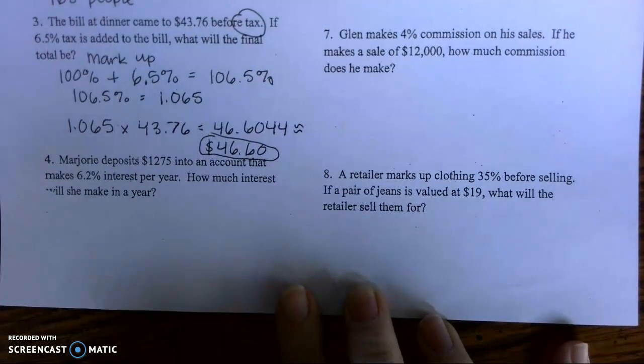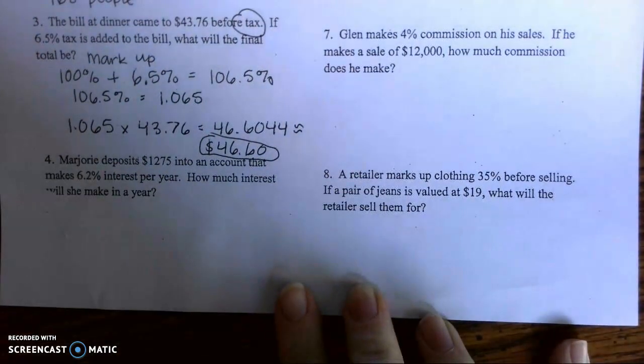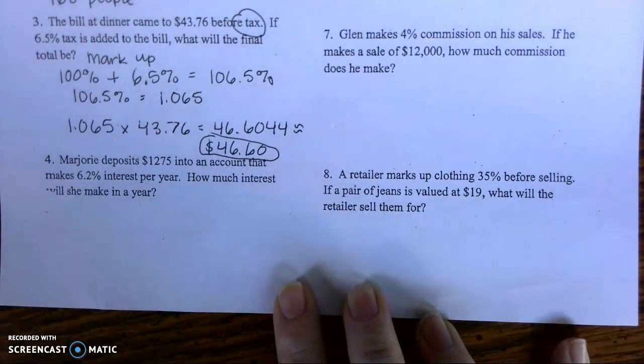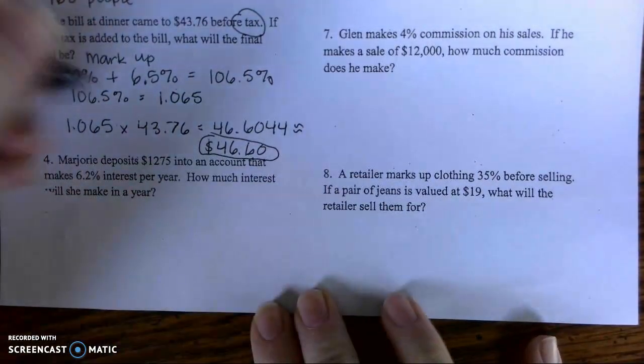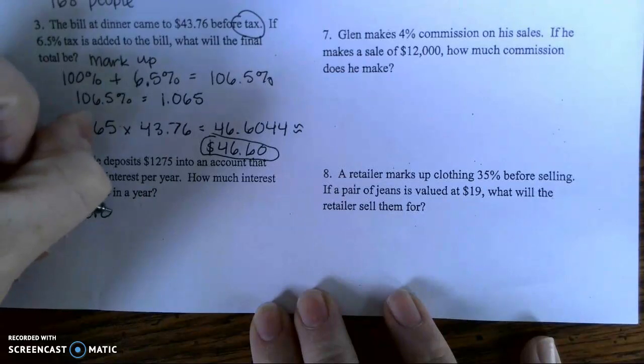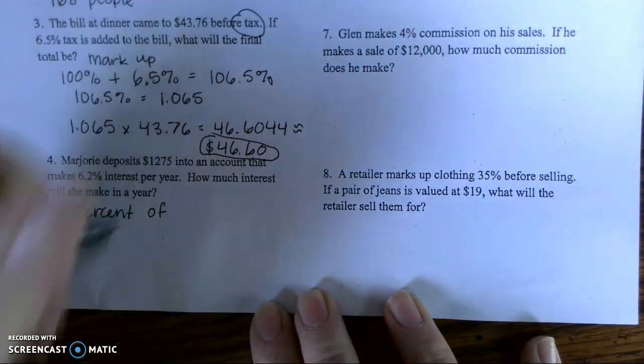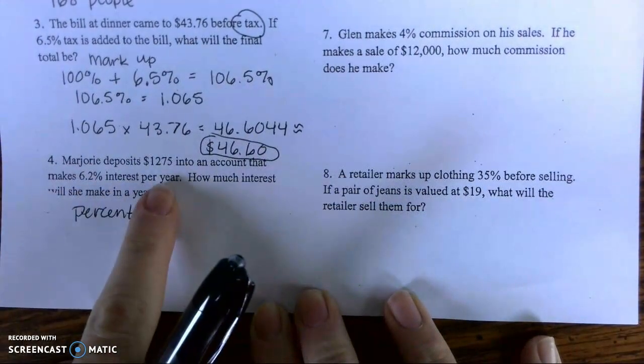Marjorie deposits $1,275 into an account that makes 6.2% interest per year. How much interest will she make in a year? So we are only looking for the interest, so this is just a percent of problem. We're looking for 6.2% of